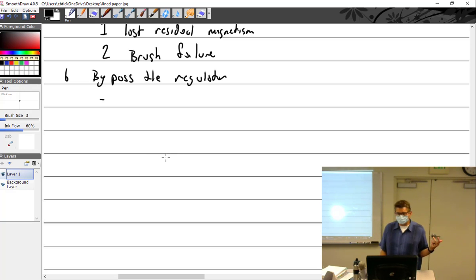Bypass the regulator. I'll do that with you guys on the test stand. I have no problem, and I'll actually do it with the regulator attached, because I know it won't hurt it. So, bypass the voltage regulator. If you have an A-type,